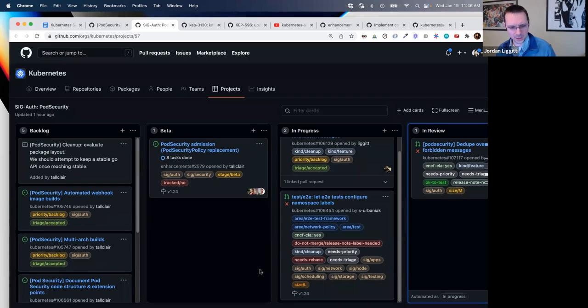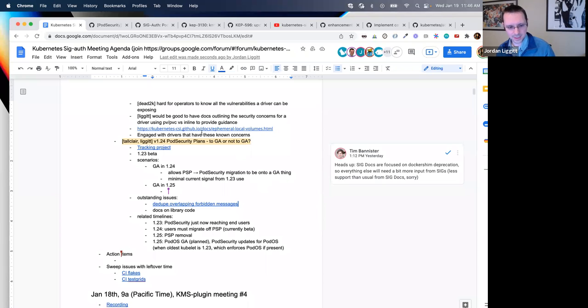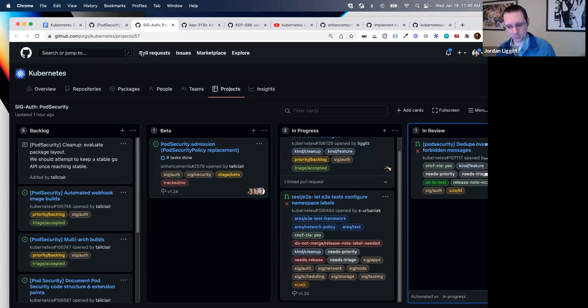David brought up an issue where our e2e tests should configure the namespaces they create so that a cluster that is enforcing restricted policy by default will still pass e2e tests. That got started at the very end of last release and didn't quite make it. So I think that is a good requirement for GA.